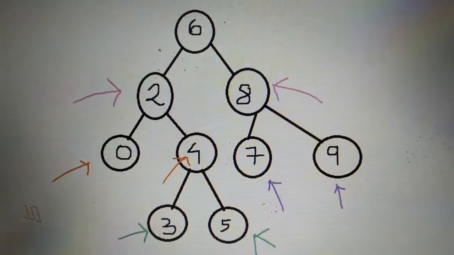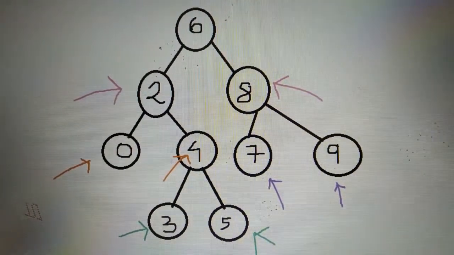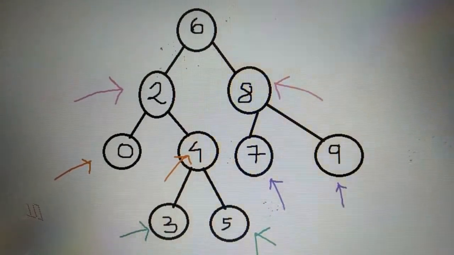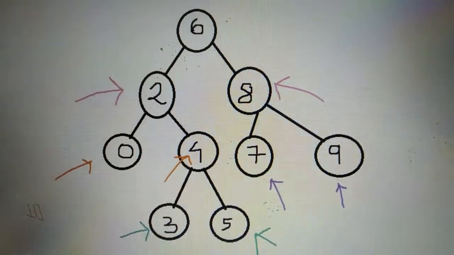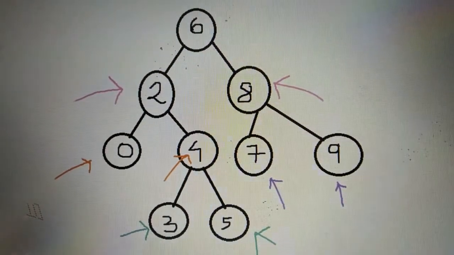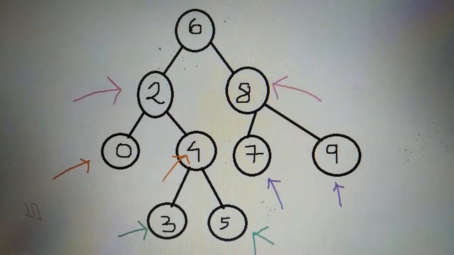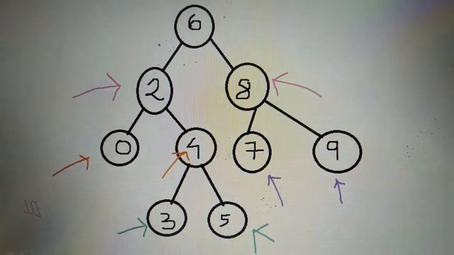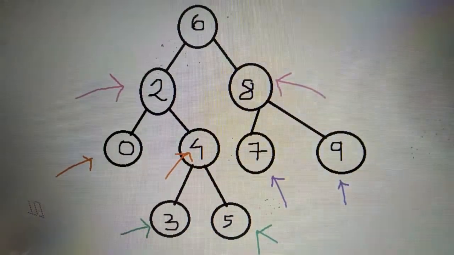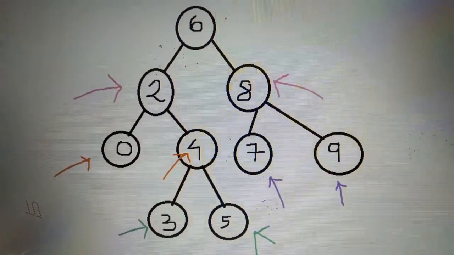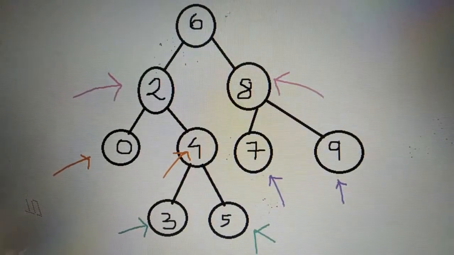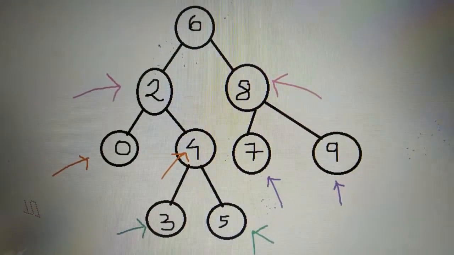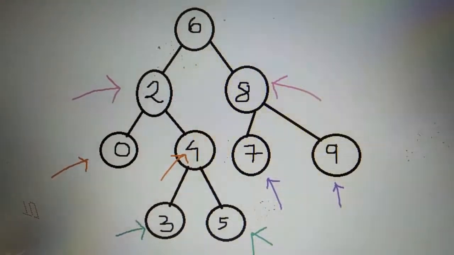See, given here a binary search tree, I make sure that you know binary search tree, which is nothing but in the right hand side of any node, the value of the node in the right hand side should be greater than its parent node, and in the left side, the left child of a node has a value less than the value of the parent node. So you can see that the first node, which is 6, here in the right side we have 8 and the left side is 2, which you can see is following the rule of binary search tree.